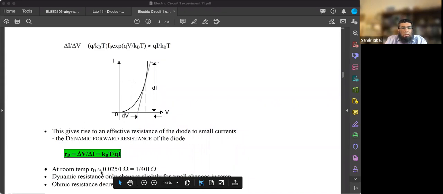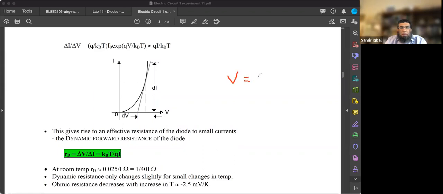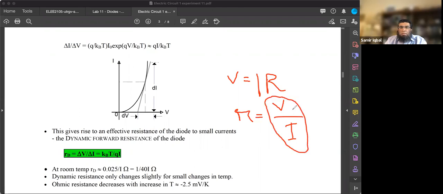If you simplify this relationship, we have taken Ohm's law, V equals IR, and from this we have written R, we're still denoting resistance. We have written V over I, and this is the small change in voltage that we calculated here. We have just flipped that,